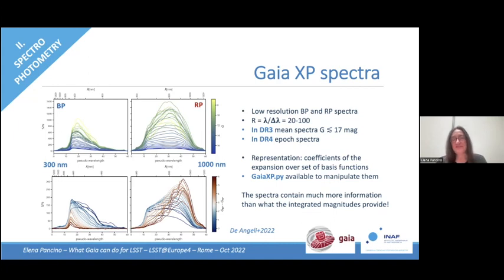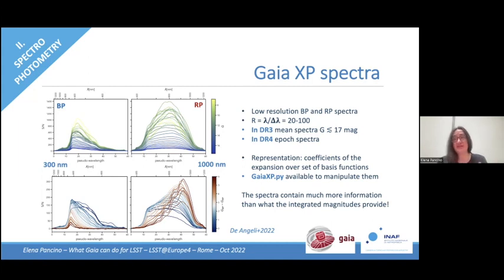Just as you have seen for the variables, the first time a new data product is released in Gaia, it is released in small numbers of very carefully verified sources. So in this case, we're talking about stars brighter than the 17th magnitude approximately in DR3, and no time series, just mean spectra. But in DR4, there will be, of course, for all the sources that are validated, also epoch spectra.